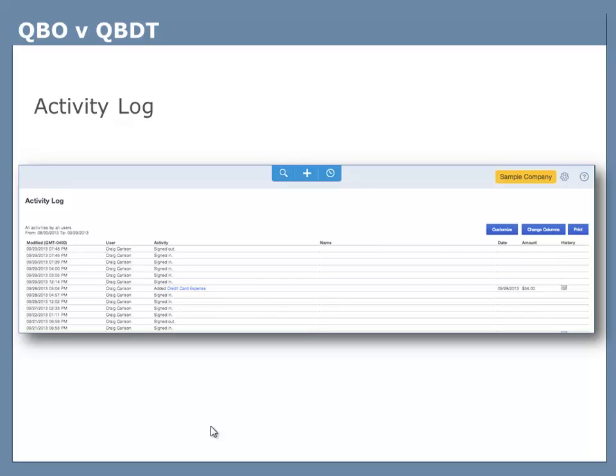It was the same situation each time, 3 different clients over the course of 10 years, where a user logged in, they changed the name of a vendor to themselves, printed the check, and then changed the vendor name back to the original vendor. So they changed AT&T to Jane Doe, and then they changed it back to AT&T after the check was printed. This is something that we wouldn't have seen in QuickBooks Desktop,